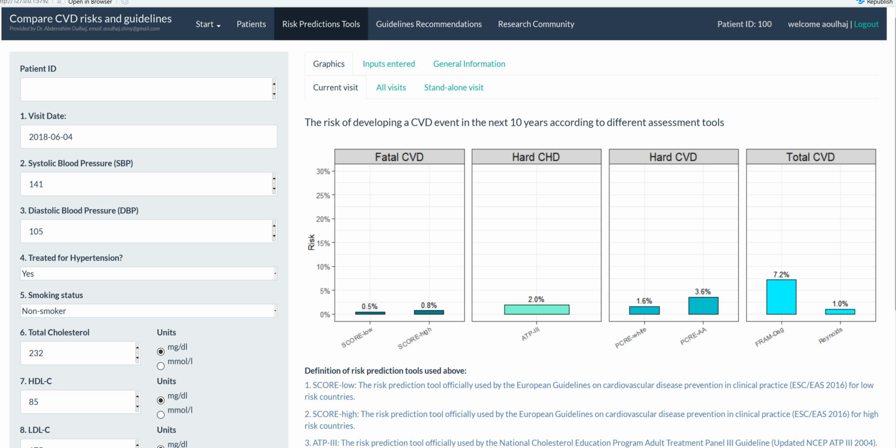So the output shown here is a graphical tool displaying all risk prediction models grouped according to the type of outcome: fatal CVD, heart CHD, heart CVD, or total CVD. The usefulness of these components, as you can see, in comparison to existing ones, is that it allows us displaying